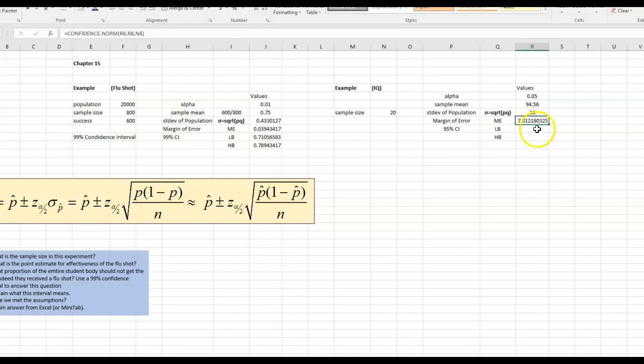So we calculate this margin of error as 7.012. And then we calculate the 95% confidence interval: the lower boundary is the sample mean minus this margin of error, and the higher boundary is equal to the sample mean plus this margin of error. So the result, the 95% confidence interval for this question, is 87.55,